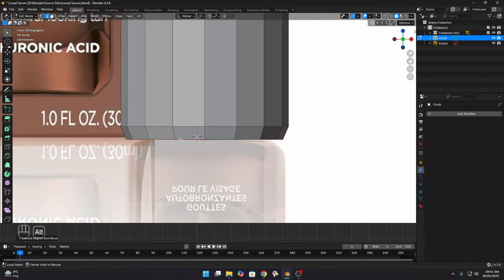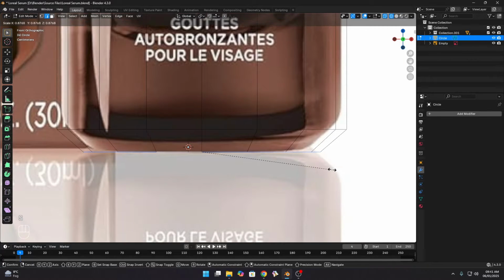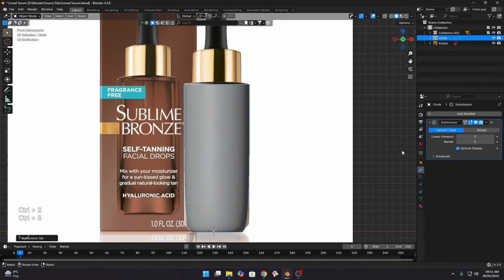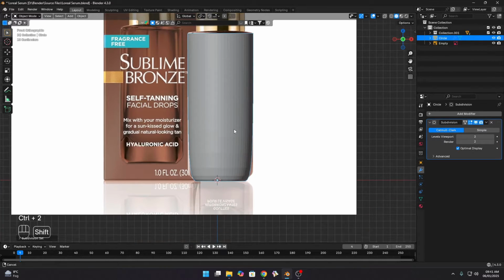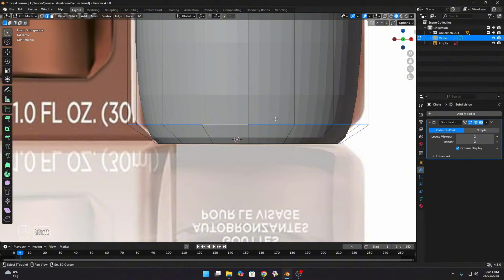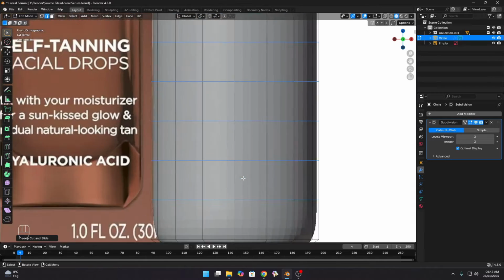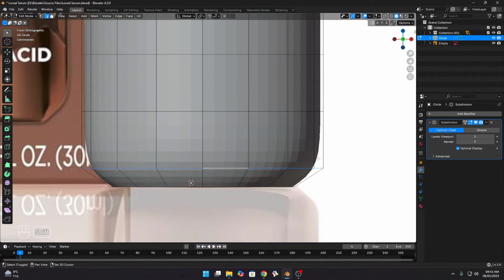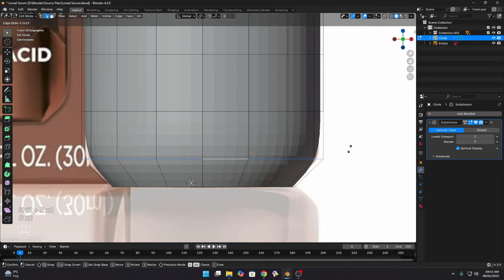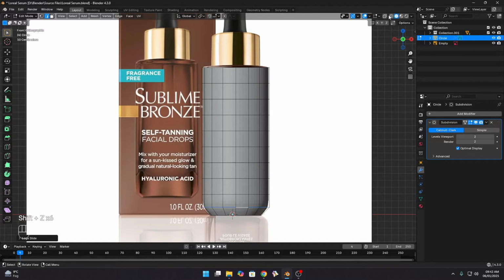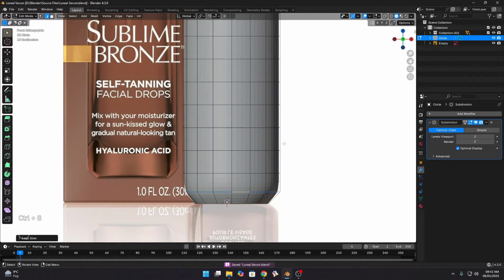For the below part, hold Alt and left click to select the whole loop, and I need to scale it down like this. If we apply a subdivision modifier of level 2 or 3, press Ctrl 2 or 3, it's a shortcut key for the subdivision modifier. I applied level 2 subdivision. Now let's adjust this. Press Ctrl R to add several loop cuts to linear the geometry of this bottle. Now select this loop and move it up a little bit. Press Shift Z to go to wireframe mode, or you can select wireframe render there. It's the shortcut Shift plus Z.